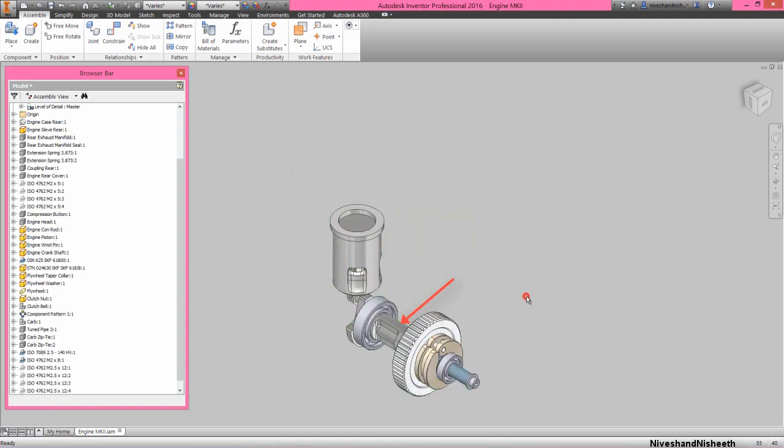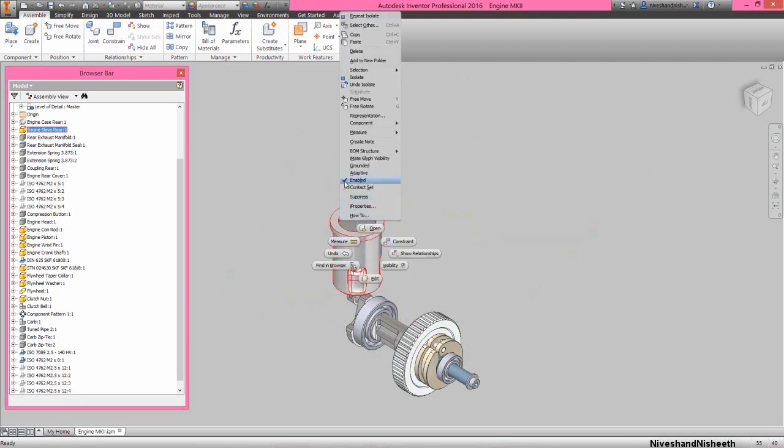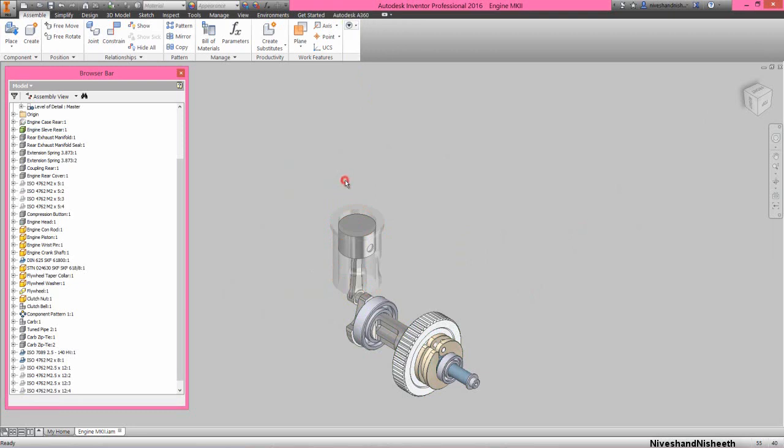Okay, now see the result. Only internal parts are visible here on my engine MKII assembly. Convert the engine sleeve part in a transparent view. Okay, that's it.